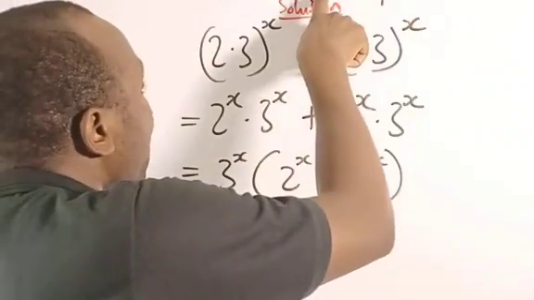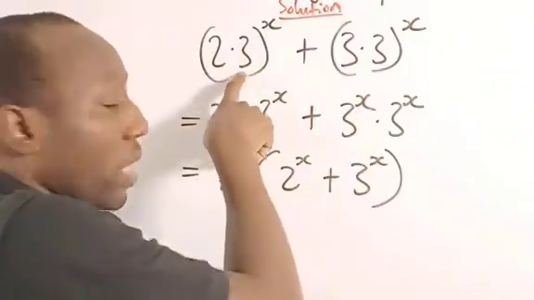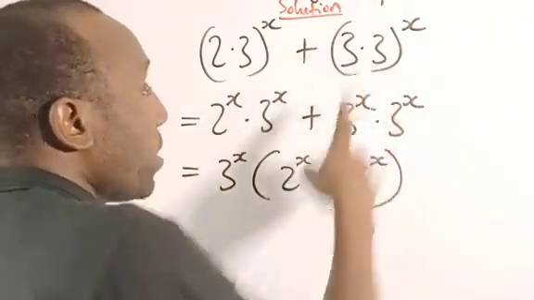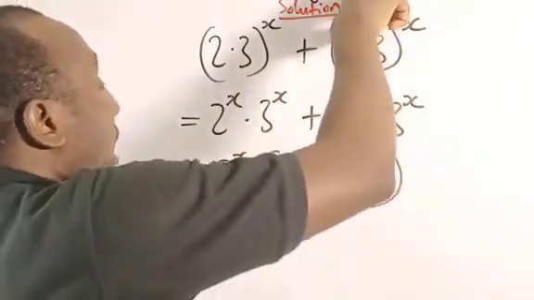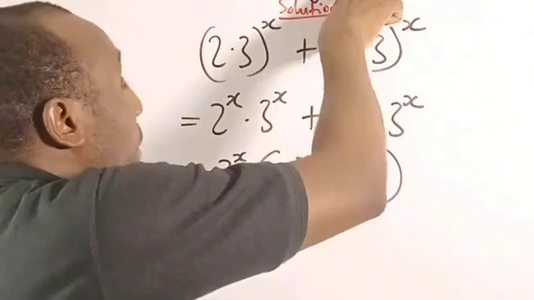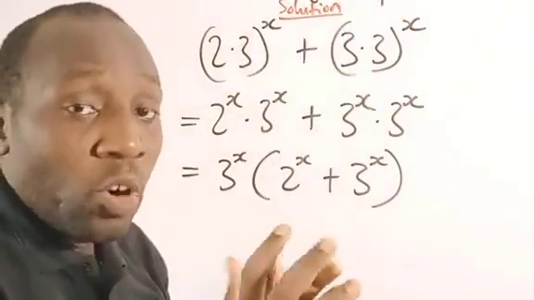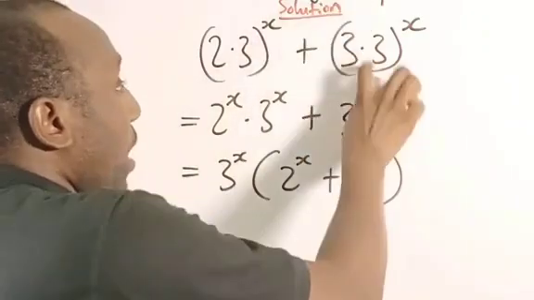to make 6 become 2 times 3. Of course, 2 times 3 is 6. The same thing as 9. 3 times 3 is 9. And I still had to maintain the power because this power is applied to 6. Hence, it's going to be applied to the product of the two factors that will give you 6 and here